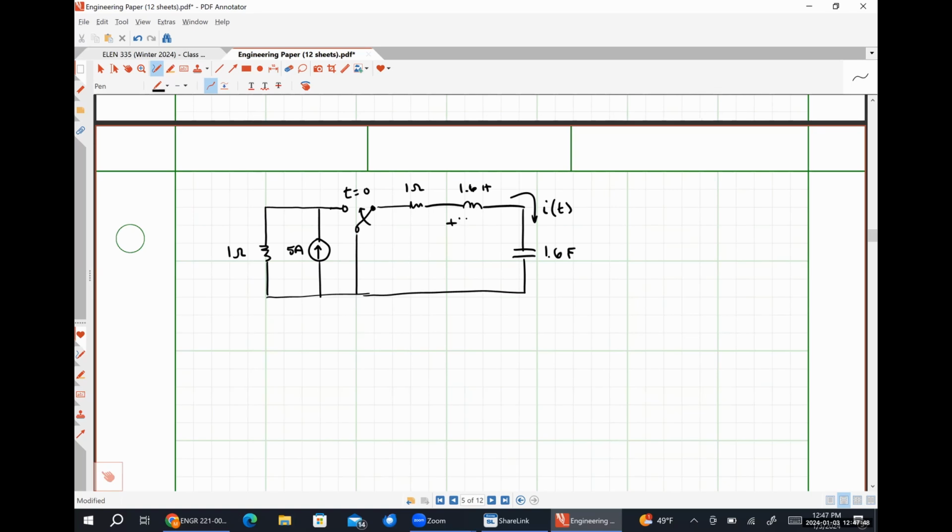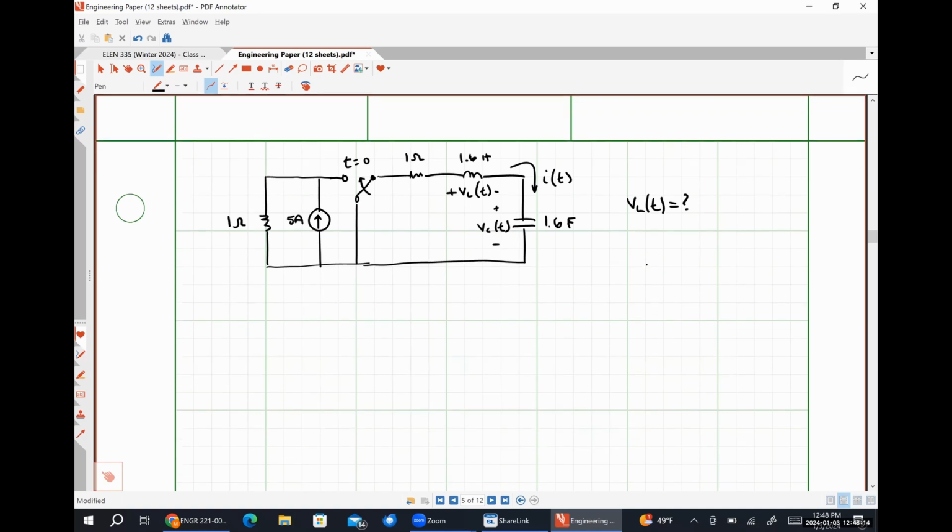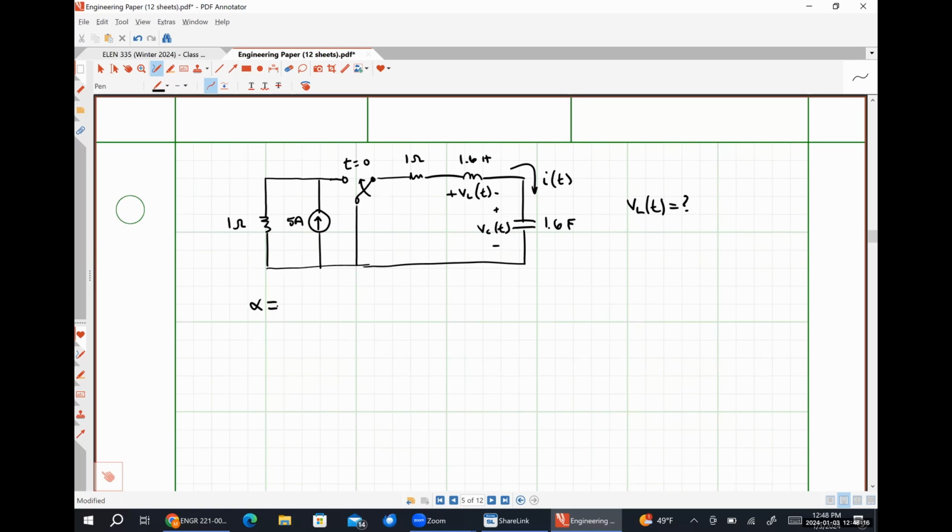Which quantities do we want to solve for? VL of t? Okay. So let's solve for the inductor voltage. Just to make sure things are okay here, alpha is going to be